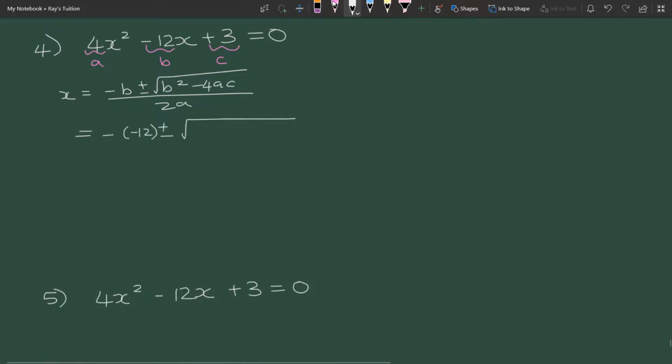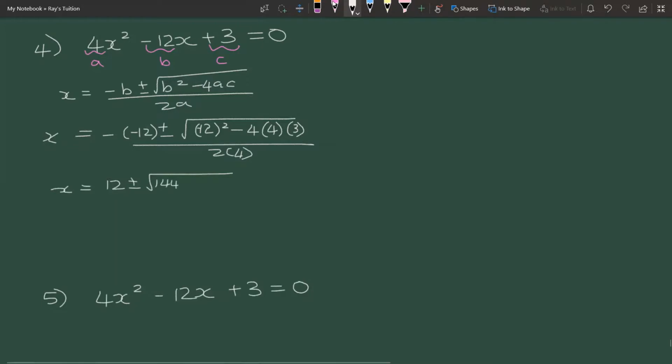B squared is negative 12 squared, minus 4 times 4, a is 4, and c is 3, all over 2 times a, which is 4. So that means that x is equal to 12 plus or minus